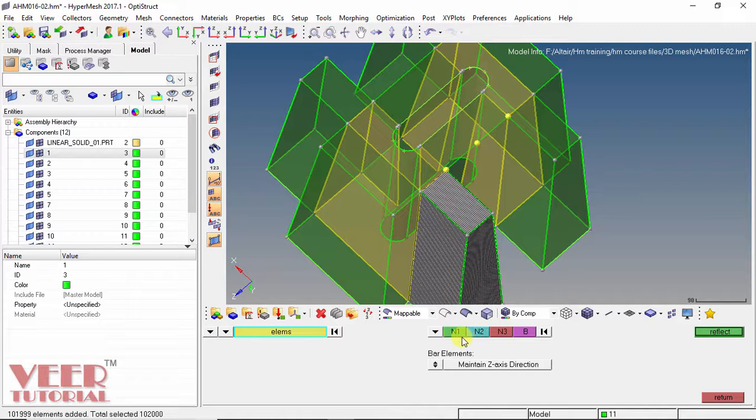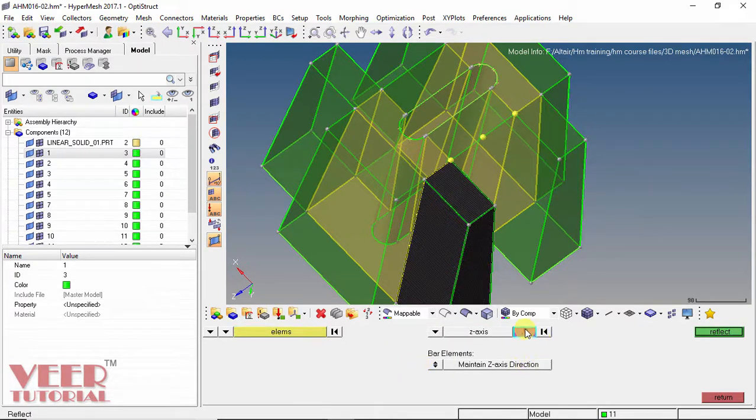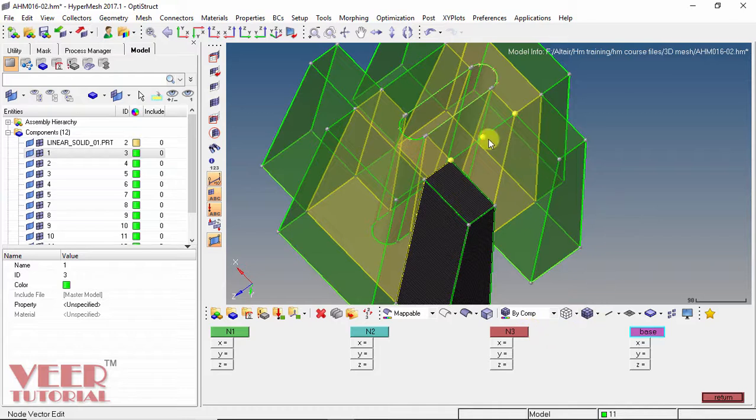We can either create a plane with respect to nodes like n1, n2, n3 and a base point. I go to axis. Now we have to select with respect to which axis we have to create the move. And now we can see this z axis is going along this length. So this is the z axis and the plane is xy. So we can make the copy with respect to the z axis. Base node will be this node. Click on return.